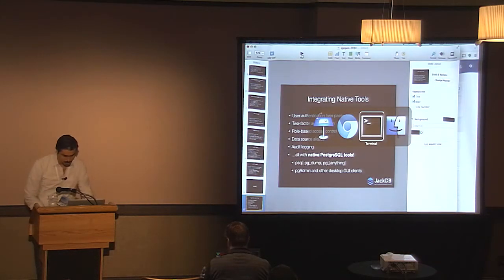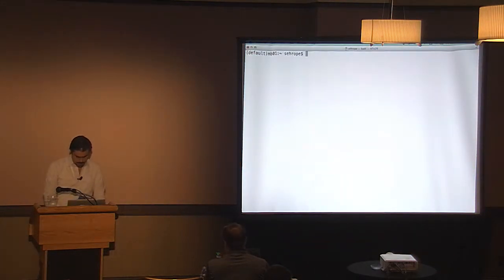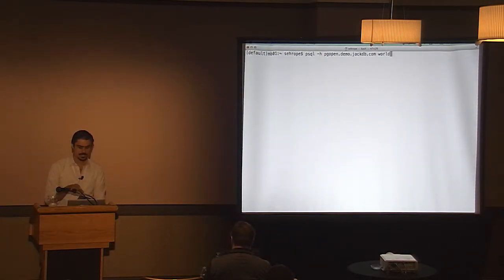So I'm going to show you something else that's cool now. For this demo, this is an enterprise version of JackDB, which besides the web app also includes what we call our database proxy. It supports connecting to it using any libpq compatible application. In this case, I'm going to be connecting with PSQL, but you could also run pgdump, pgadmin, basically anything that speaks libpq. When I connect in, by default, my username is set up on my desktop, so it automatically assumes my username. I'm just going to connect in here.